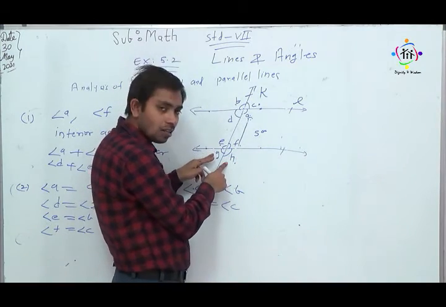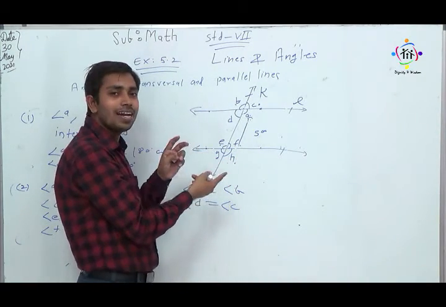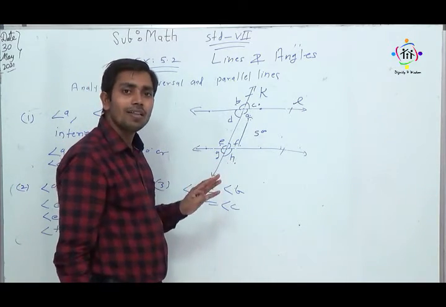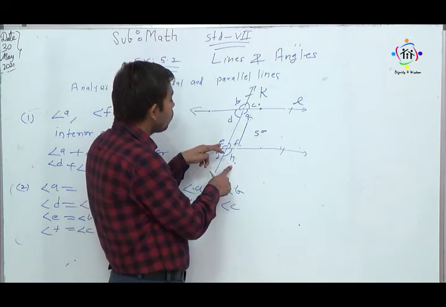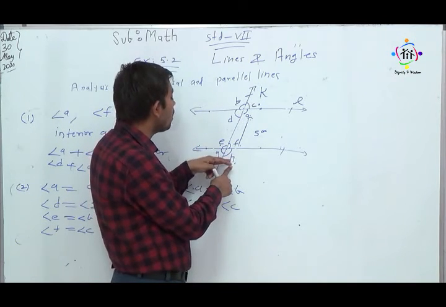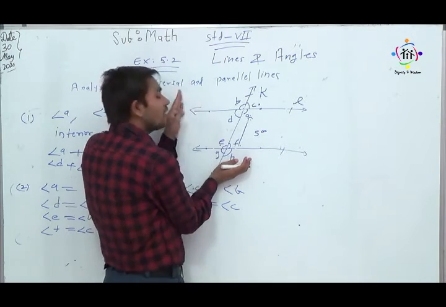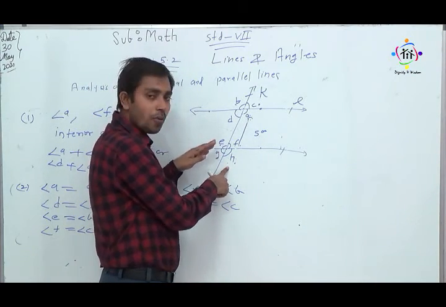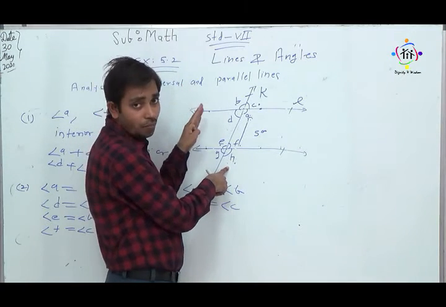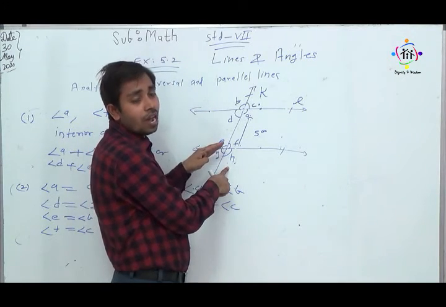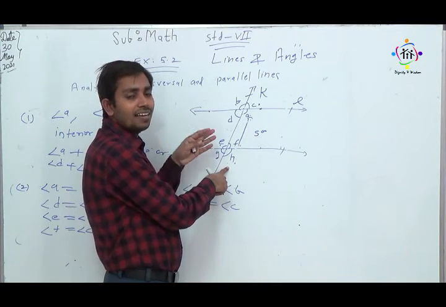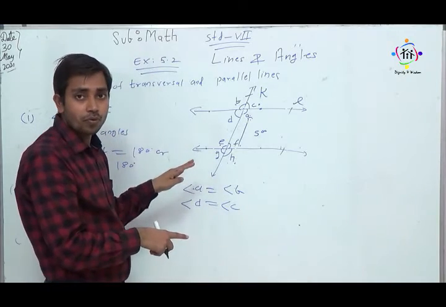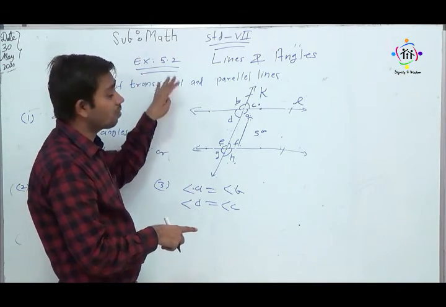Similarly, you can come here also. Here also two lines are intersecting each other at a common point, and it is also forming four angles. So angle H will be vertically opposite to E. Notice that vertically opposite means one angle is opposite to the other, so they are called equal angles. This is just a formula we have to remember in order to solve exercise 5.2. The derivation of vertically opposite angles we will see in the next lecture, but right now we will see this property, which we have to remember to solve sums based on exercise 5.2.